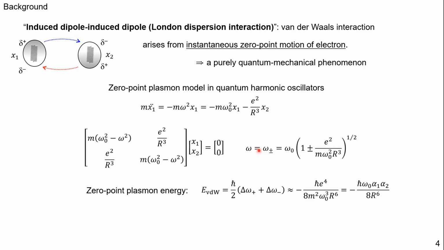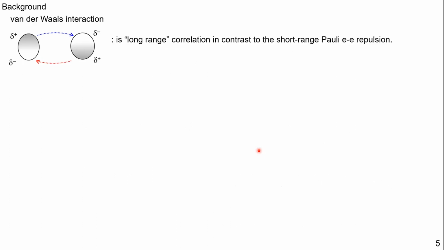So we can solve this matrix to get the vibration frequency, which can be written in terms of the zero-point frequency, as well as in terms of the distance of these two dipoles. Based on this frequency, we can calculate the zero-point plasmon energy, which is simply 1/2 times h bar times the zero-point frequencies, and this behaves like an R to the minus 6 potential, which is the very well known attraction potential in London dispersion,